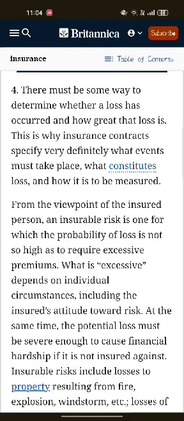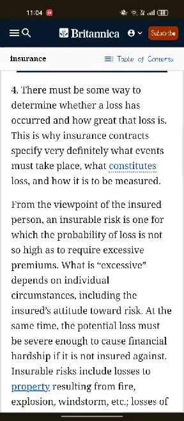From the viewpoint of the insured person, an insurable risk is one for which the probability of loss is not so high as to require an excessive premium. What is excessive depends on individual circumstances, including the insured's attitude toward risk. At the same time, the potential loss must be severe enough to cause financial hardship